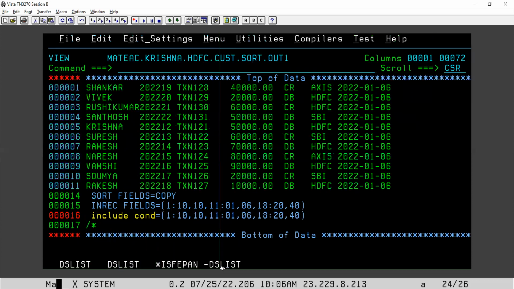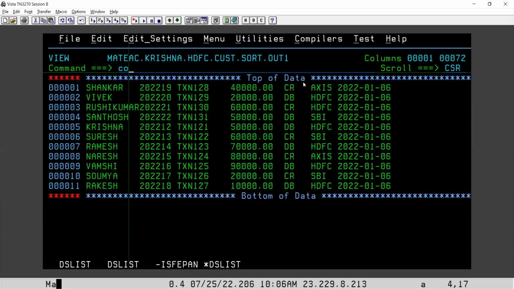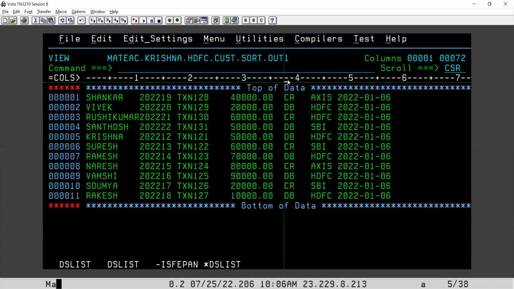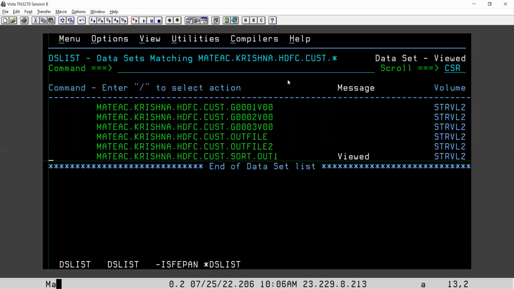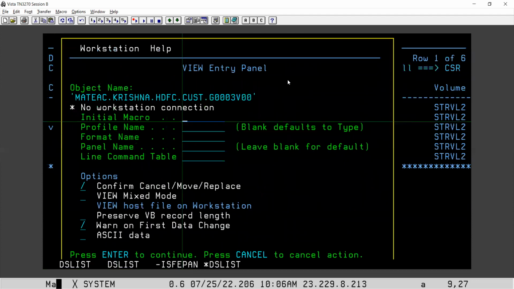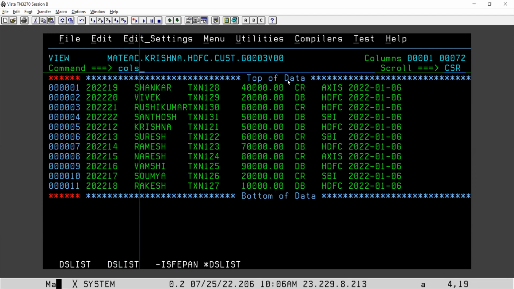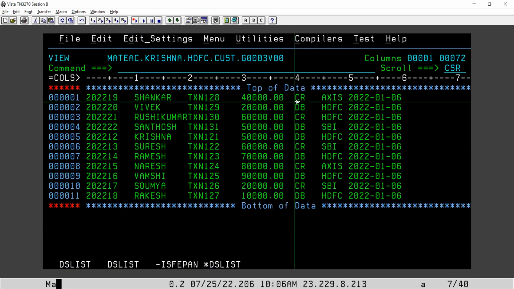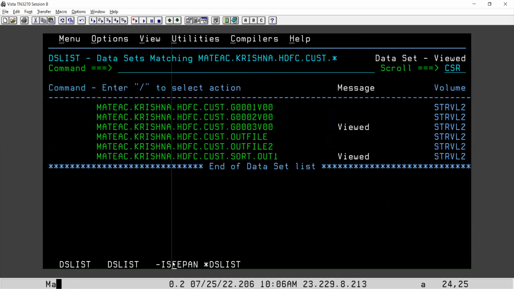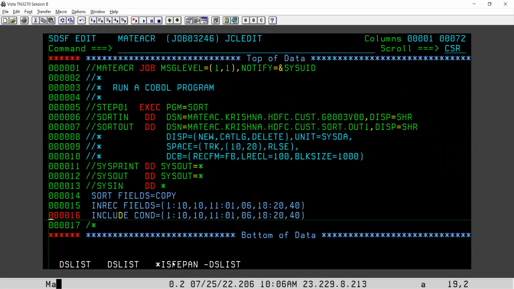Now the debit record position comes at 38. Okay, so 38. So earlier in the input file what we have position here 40, right? So as we reformatted data, a debit credit transaction type